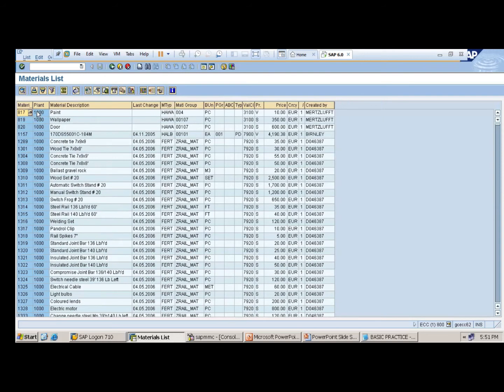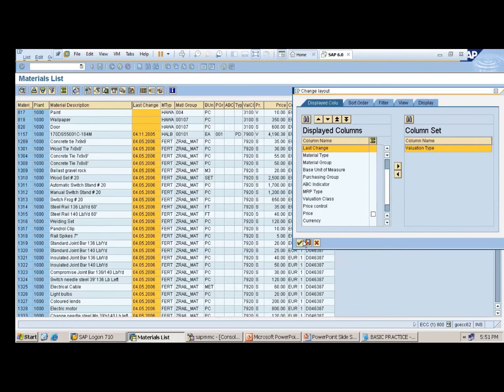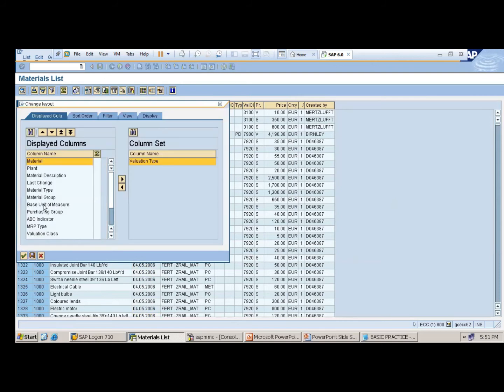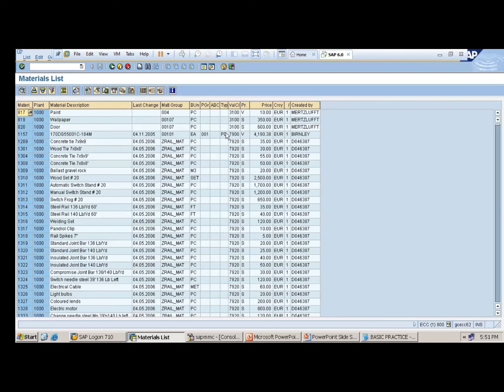See, if you don't want last change, select the layout, last change, just right click. If you don't want material type, then here select material type, send to right side, then click on right. Like this.